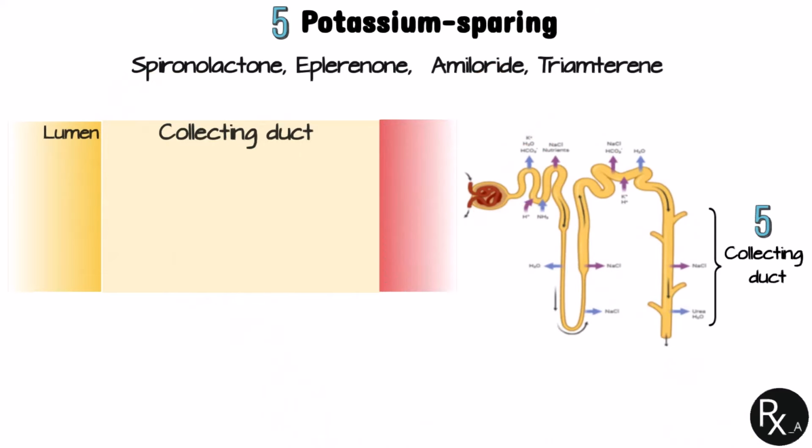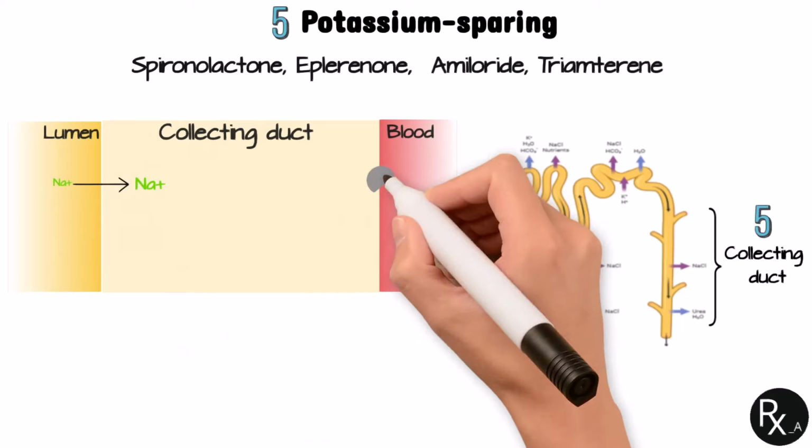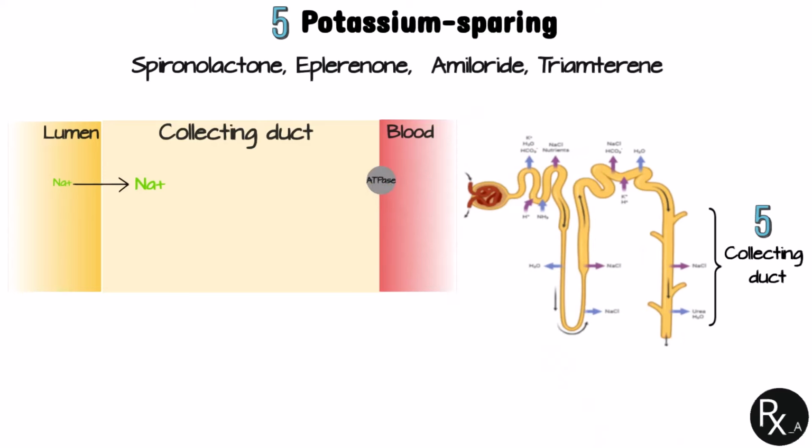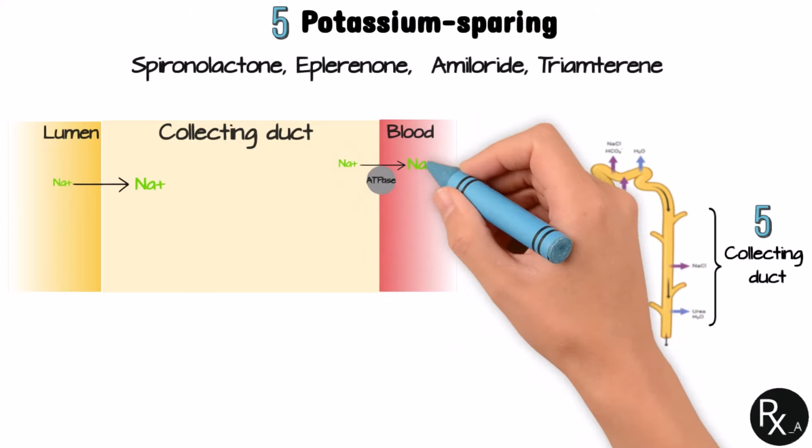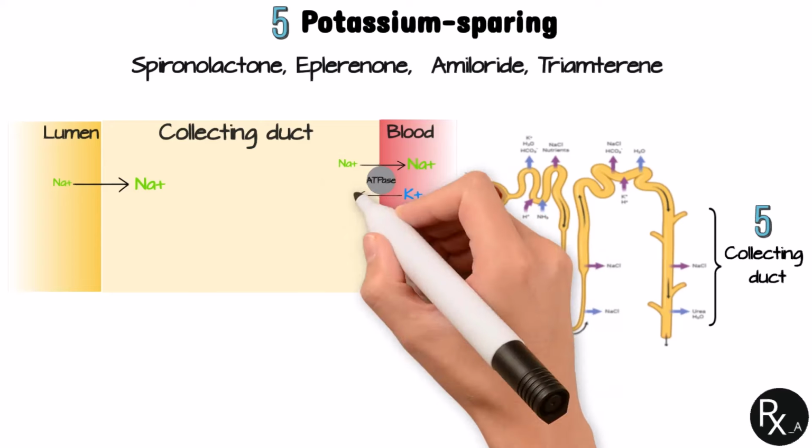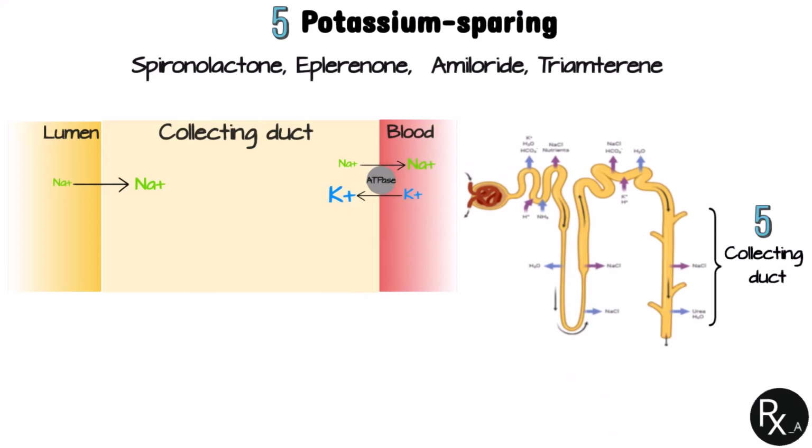Under normal conditions, the principal cell has separate channels for potassium and sodium as well as sodium-potassium ATPase on the basolateral side. Here, sodium enters the cell through the sodium channel, and then is transported by the sodium-potassium ATPase into the bloodstream in exchange for potassium. As you can see, this illustration should also help you understand how loop diuretics and thiazides